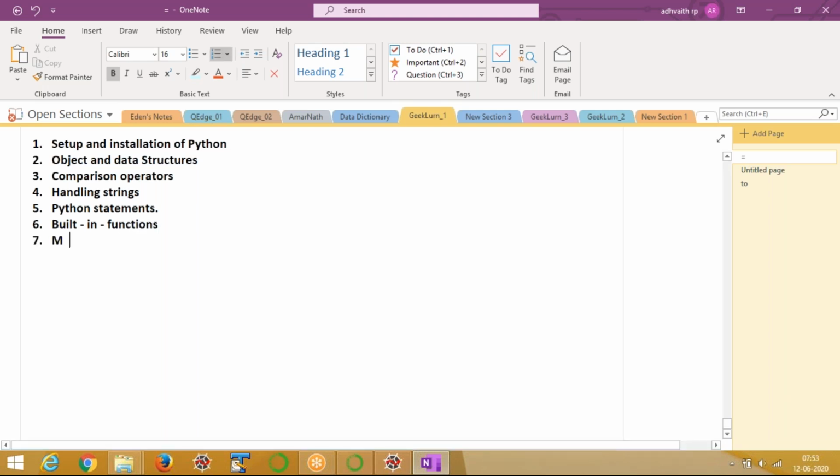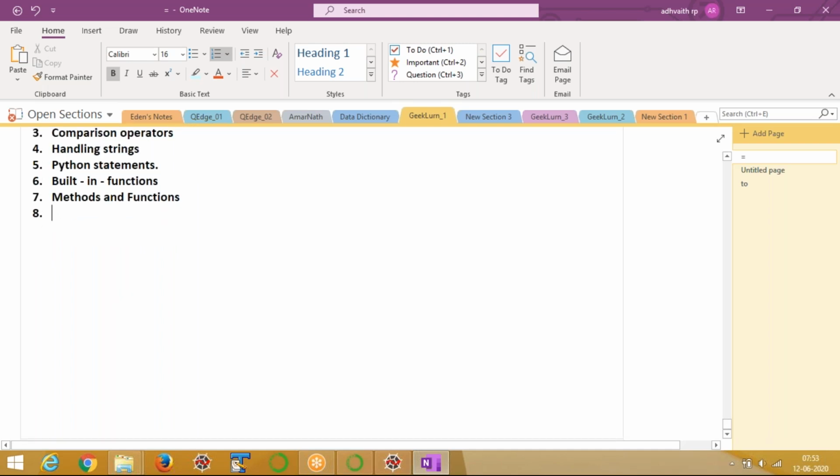Built-in functions and methods, and functions. Functions, indirectly, we can call it a package. So how you are going to create your own function, and what is the importance of functions. Functions are generally of two types: predefined functions and user-defined functions. Predefined functions are like your built-in functions. User-defined functions are the ones you create according to your requirement. And after that, yes, another one,